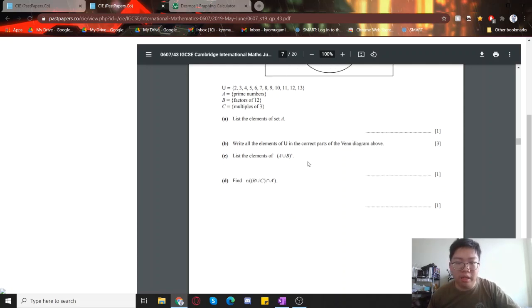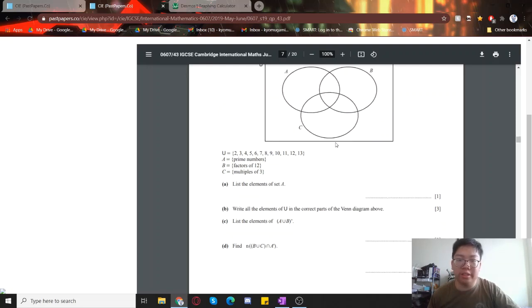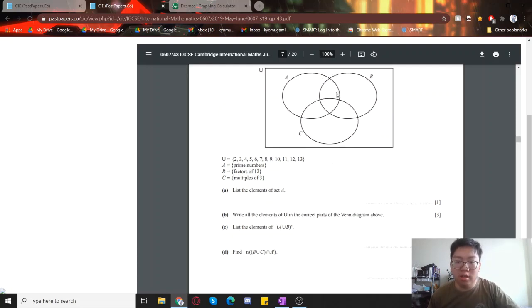Number of B union C and A dashed. Let's see, B union C. So all of this, the parts we were talking about just now, so this is going to be empty, so you can ignore that. So anything that's in common with these two, this is obviously going to be empty. So we're looking at